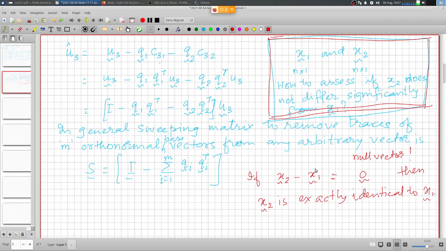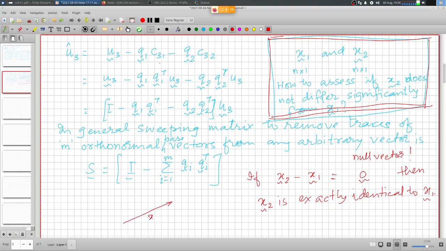Right? So this is not something that we will experience very often. Some elements of x2 may deviate to the left of the corresponding element of x1, some elements of x2 may deviate to the right of the corresponding element of x1, and so on. So the numbers may be close, but they may not be identical. So how do we compare between such results? So the idea is we are looking at a situation like this.